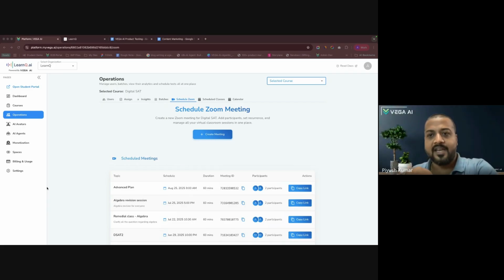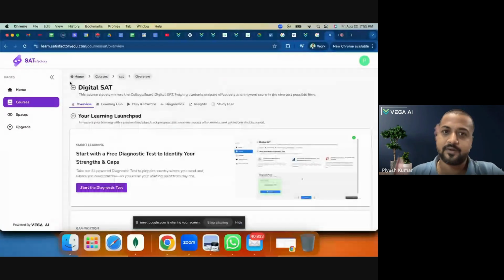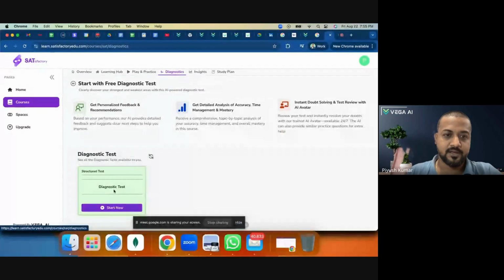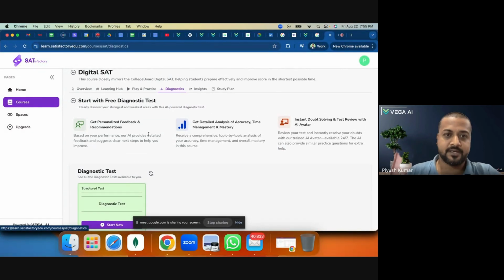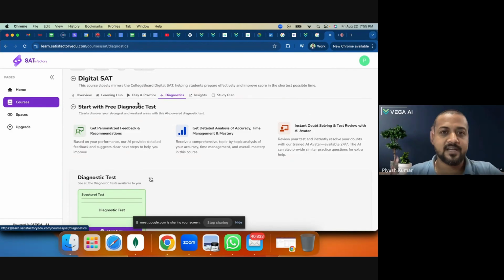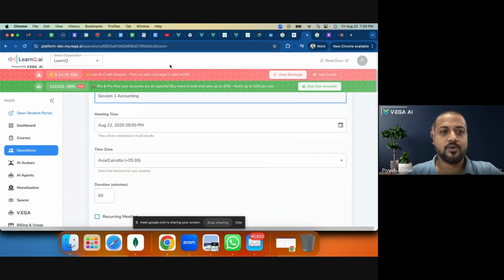For example, if I share my screen and go to this particular portal, if I go to the digital SAT course and go to diagnostics, which he has kept for free, I can see the diagnostic test over here. So you can choose what test or resource you want to have under a free journey of a particular course. And when a student signs up by default, either they can come to the portal, or you can simply go and